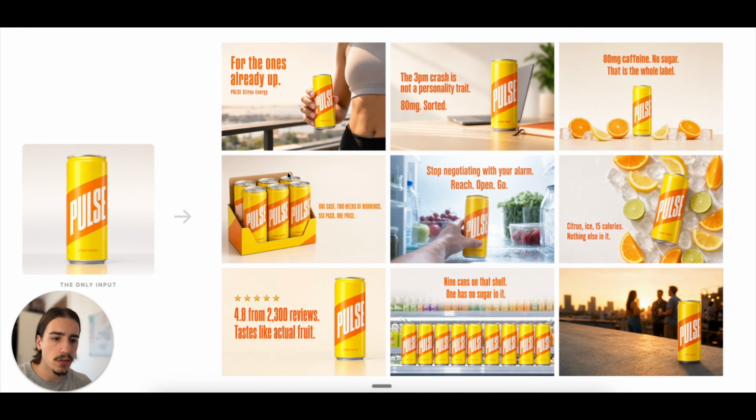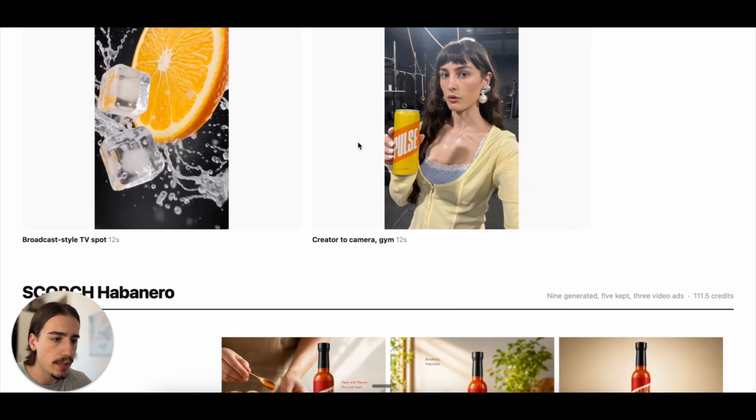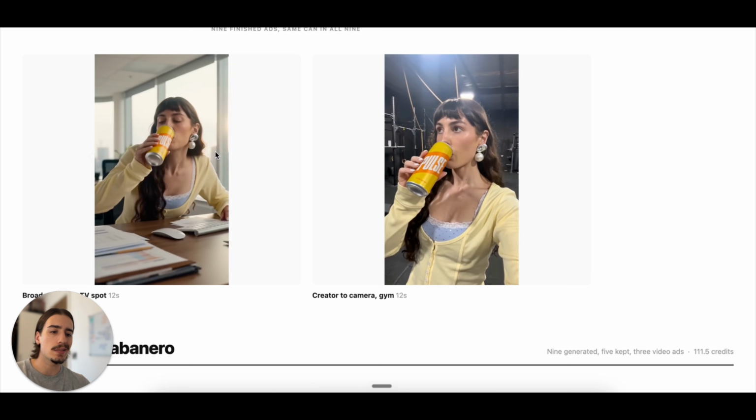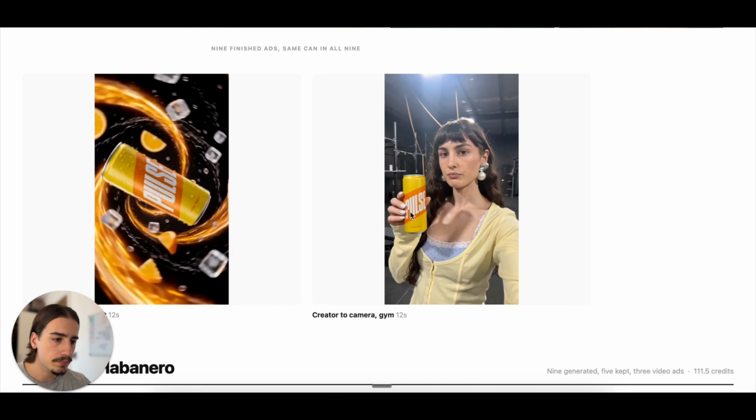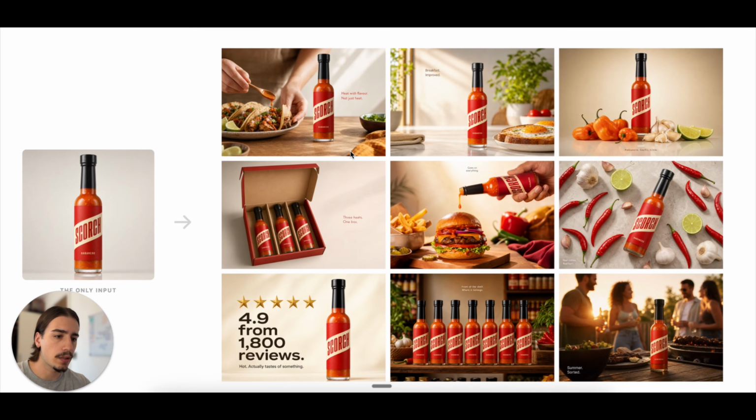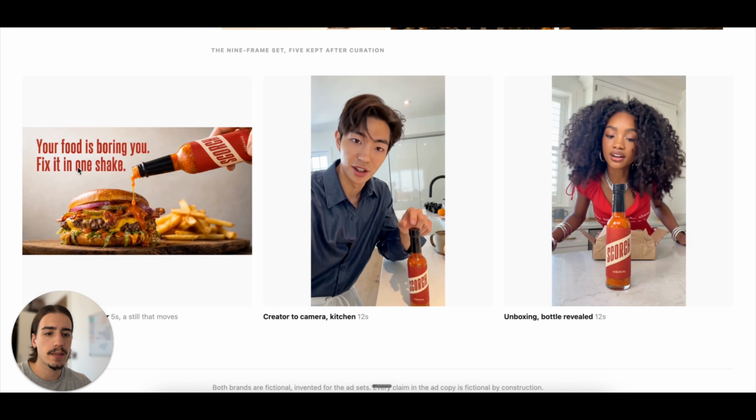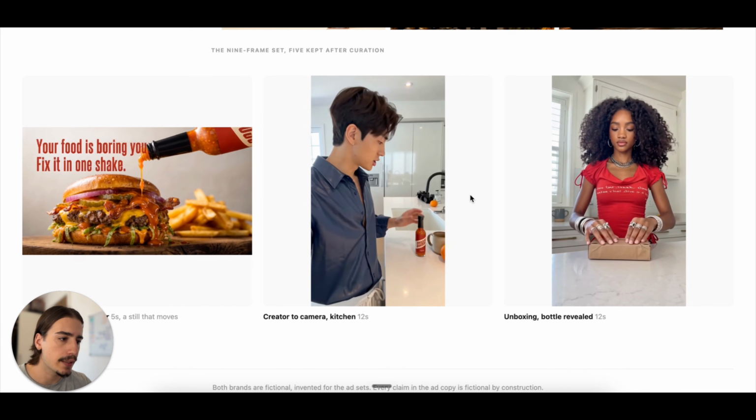So video posts, UGC posts, image posts, anything that you want for your product, we can build it with the Ad Factory OS. Now you can see a couple of examples on screen, as well as another example here. So we've taken one product image, turned it into 9 on-brand beautiful images, as well as a video ad and